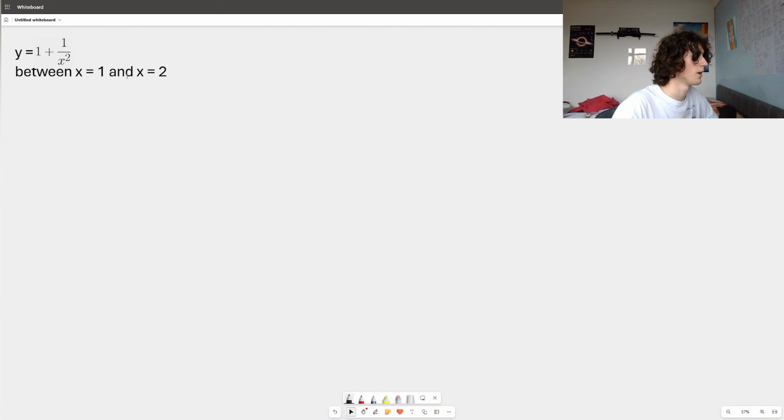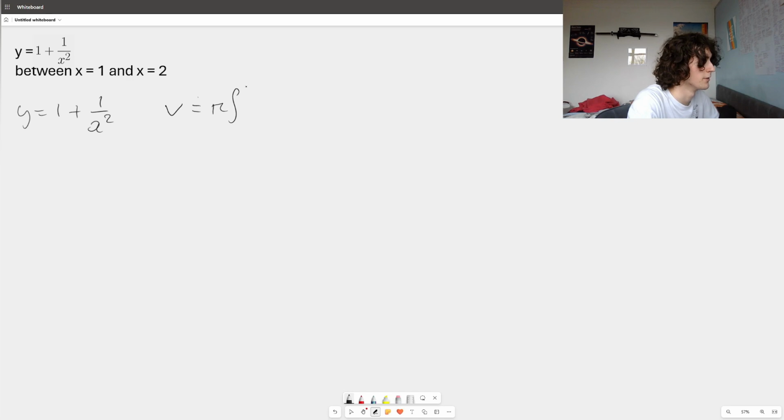So we've got y equals 1 plus 1 over x squared, and we want to calculate the volume of revolution between x is 1 and x is 2. If you want to try this yourself, then pause the video and just give it a go now. Otherwise, I will start calculating it. So our equation is y equals 1 plus 1 over x squared. Our integral is going to be pi times by the integral from 2 to 1 of 1 plus 1 over x squared